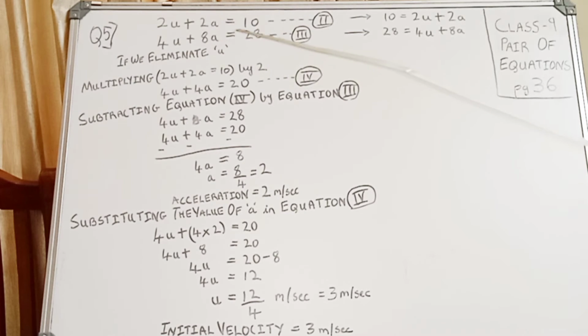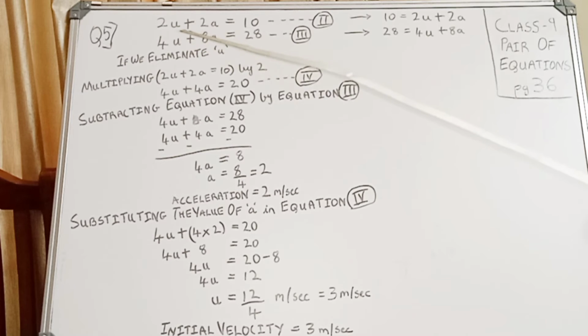Okay, you will come to know why we are eliminating any one when we solve the whole question. There are two variables here. We don't know u, and we don't know a, so we need to find both. So what we need to do is, if you look at these two equations properly, you can see the u terms.